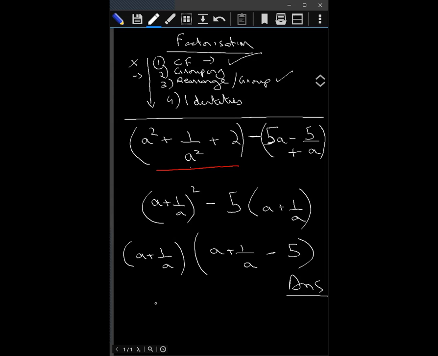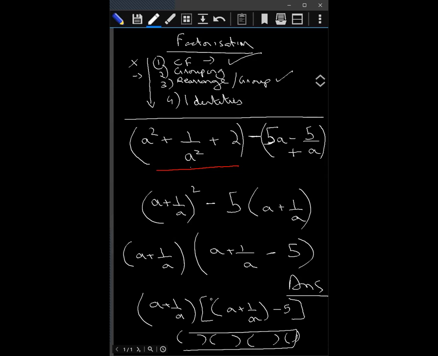Aryan, do not leave your answer like this. Aryan, you've given me this kind of an answer. If we leave it, see that this is one term which also has another bracket in between, so we need to open these brackets. Don't keep a bracket within a bracket. Ultimately, you just need brackets like this. That's all. We cannot have a factor within a factor. Okay, all of you remember this. This is what Aryan gave me. Even though this answer was correct, he would lose half a mark because this is a factor within a factor. We cannot do that in factorization.